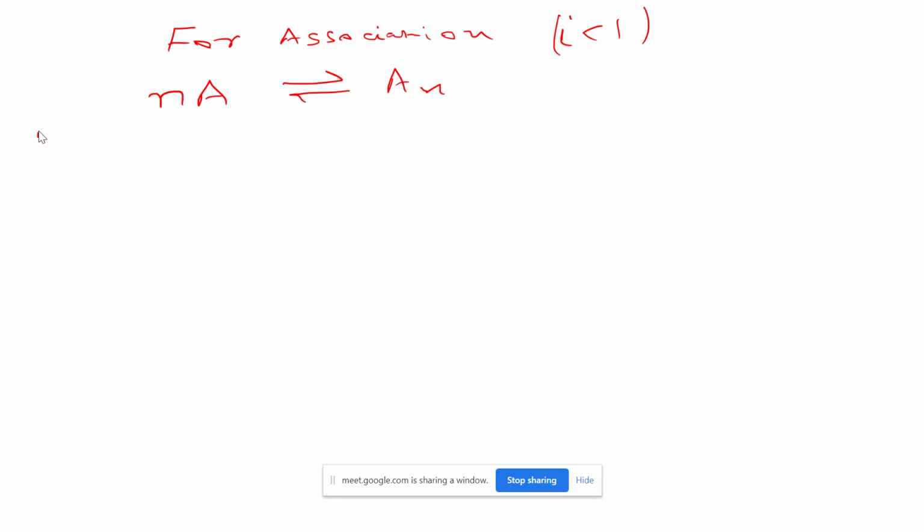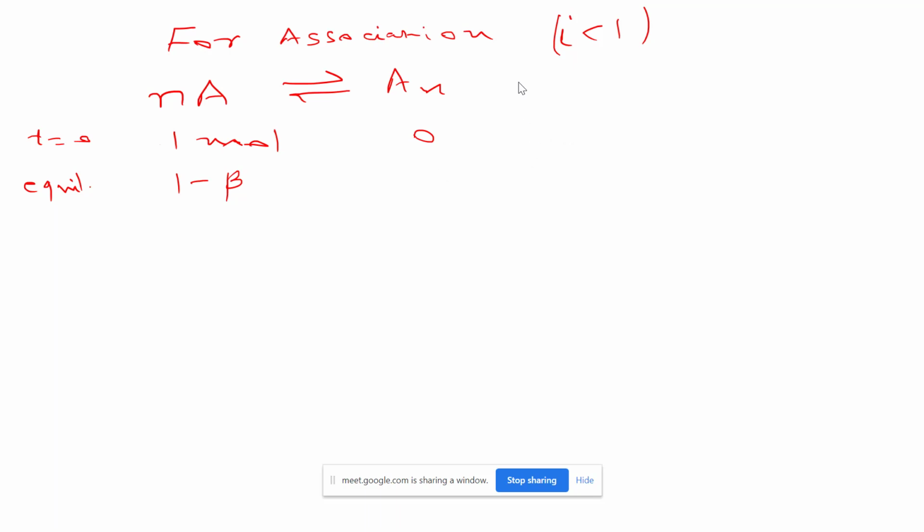So in this equation at t equals 0, suppose we are taking 1 mole of this. Now this is the reactant, this is the product, which is 0 initially. Now at equilibrium, out of 1 mole, suppose beta moles has reacted. Now beta is known as the degree of association here. Can you say how many moles of product we are getting? Beta.